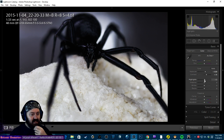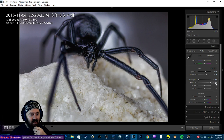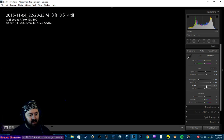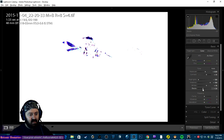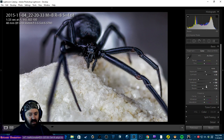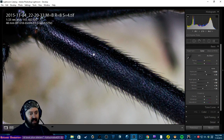Alright, let's... we don't really need the highlights. That works out pretty good. Brings all the details. Now we mess with this just a little, and then we bring back the blacks. All right, let's add in a little more shadow. That'll work. Now you can see all those individual hairs, and you can see where my focus got lost between